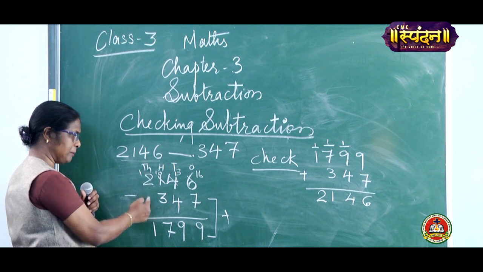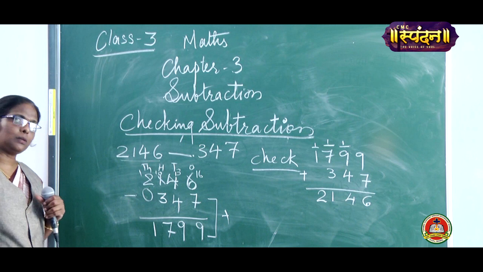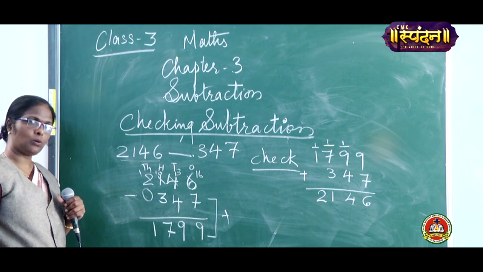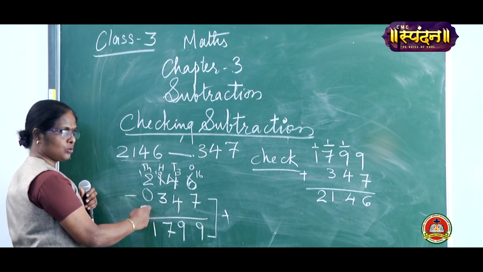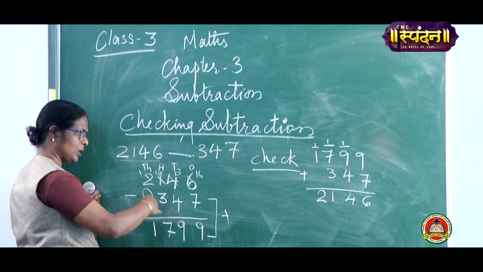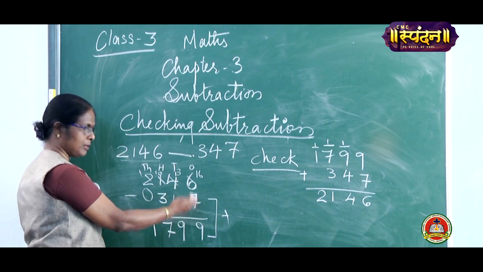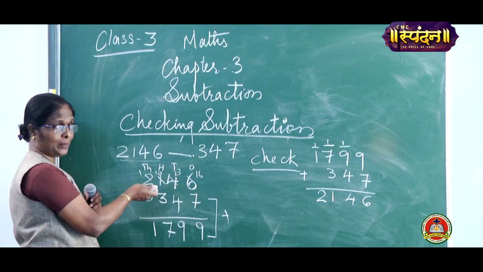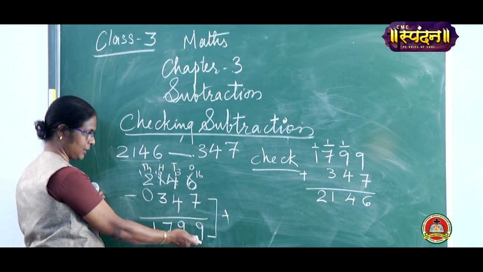We don't have any number below the thousands place, you can put a 0 also, no problem. If you are very comfortable without adding 0, it's okay. If you are not, then you can put a 0 to show that we don't have any number there. Now normally subtract the numbers. From 6 you cannot subtract 7, so start borrowing, we are regrouping here. Borrow 1 from the neighboring number, you get 16, 16 minus 7 is 9.